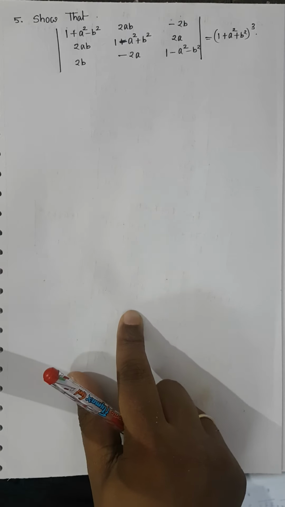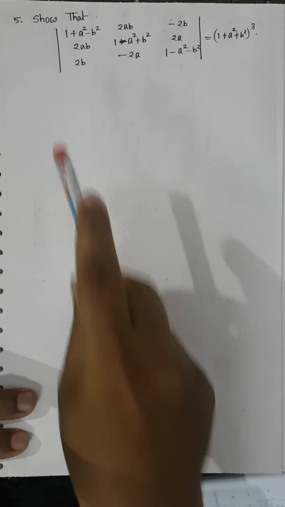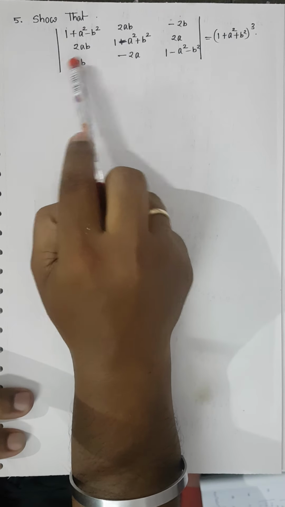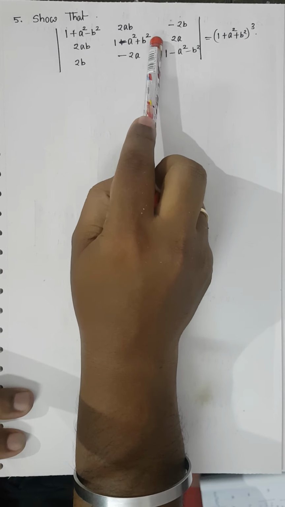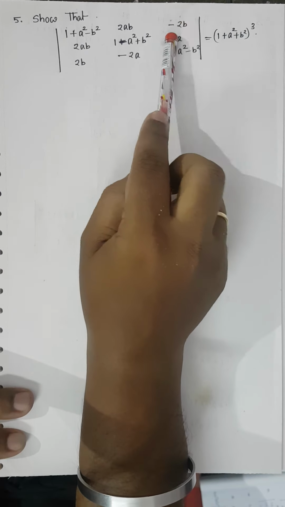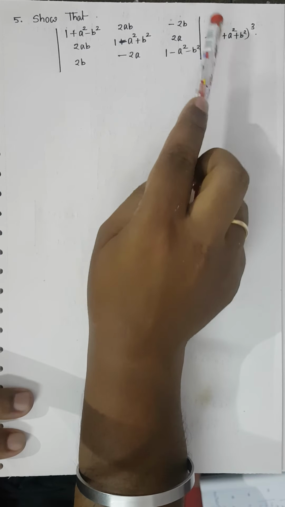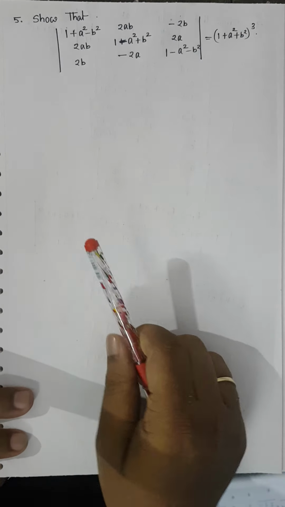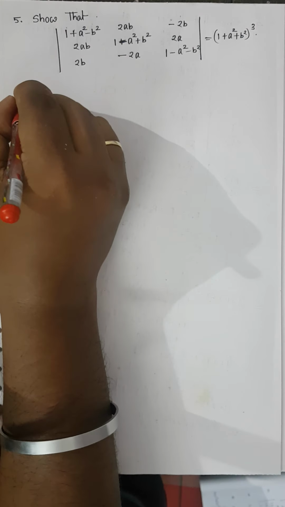Now it is time to solve question number 5. Show that the determinant with rows (1 plus a square minus b square, twice ab, minus twice b), (twice ab, 1 minus a square plus b square, twice a), (twice b, minus twice a, 1 minus a square minus b square) is equal to (1 plus a square plus b square) whole cube. This is a bit difficult question for the beginners. The solution: